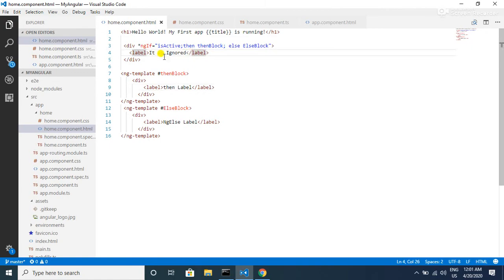The reason it is ignored is that we are saying, if isActive is true, then display the then block. So it will directly go to this then block and load it into the DOM, and if isActive is false, it goes to the else block. So there is no chance that it will load this label at all. That is why the content inside this div tag is ignored.